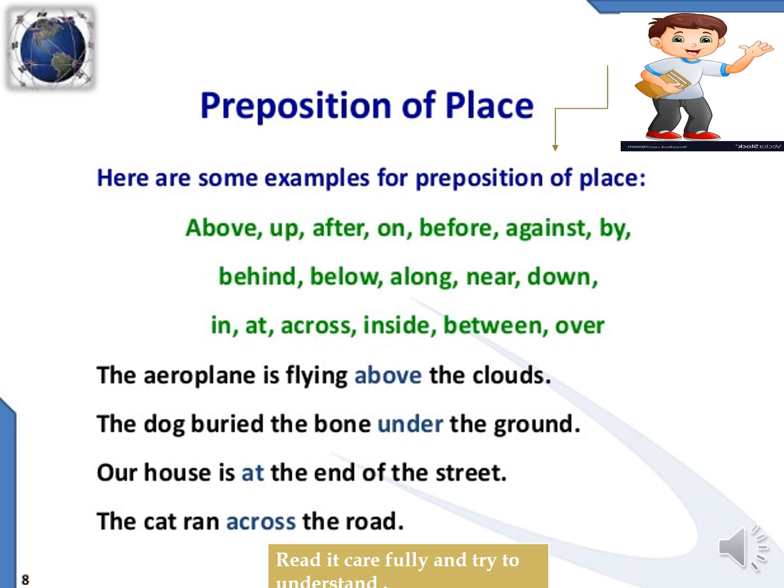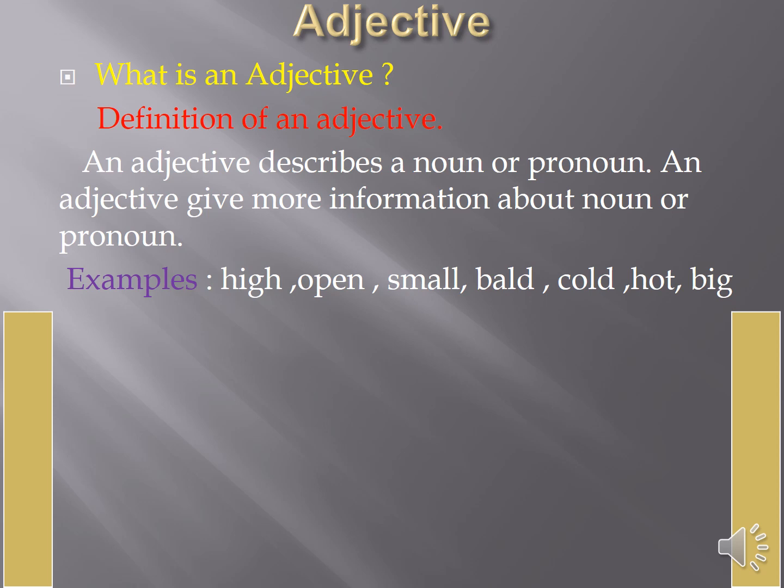Next one, our house is at the end of the street. At, which comes here in a blue color, shows a preposition. Next, the cat ran across the road. Across is a preposition, children. So just read it once carefully, and you will understand how prepositions are placed. Next we will go to